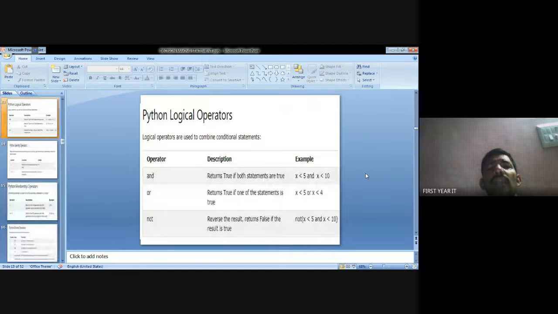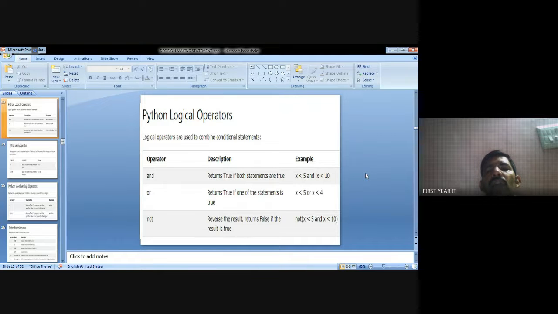Next, the logical operators. In the logical operators we have and, or, not. Three operators. And means if both conditions are true, the condition is true. Otherwise, if one condition is false, then false. So suppose x greater than 5 and x greater than 10.